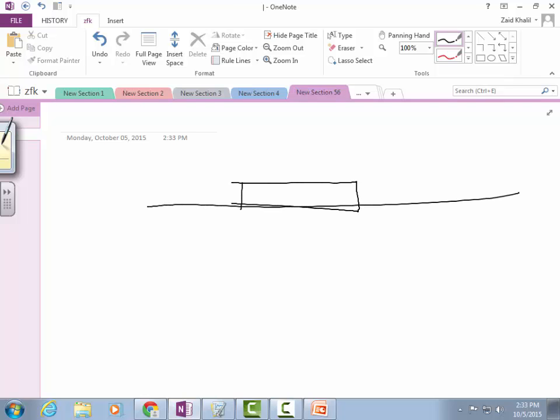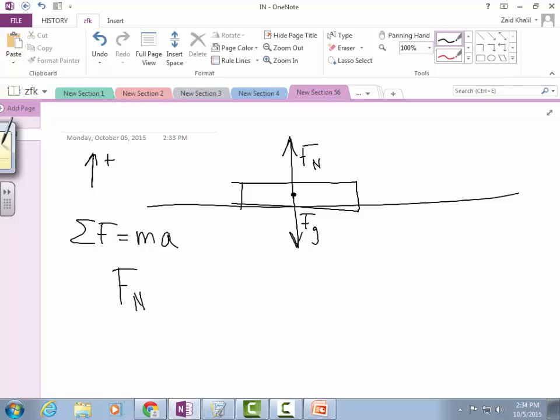Next, a book on a flat table. What are the forces on the book? Gravity and normal force. Write out Newton's second law in every direction. Net F equals ma. That'd be Fn times Fg or plus Fg? Well, which direction is Fn? Oh, up. So it's positive. And which direction is Fg? Negative. So you have Fn